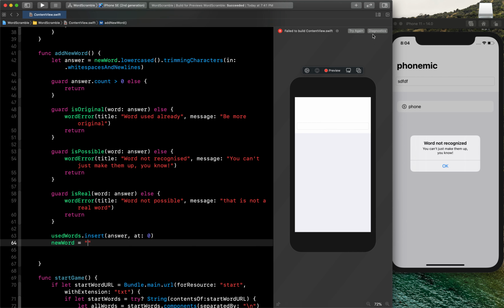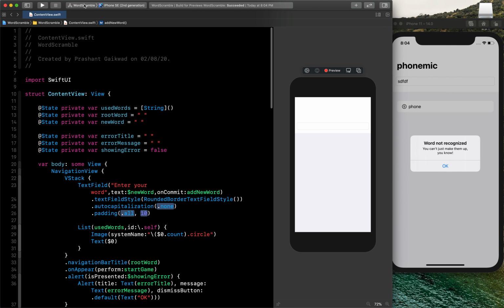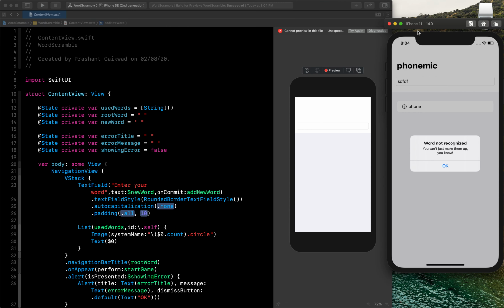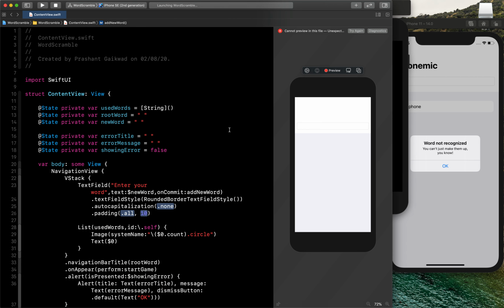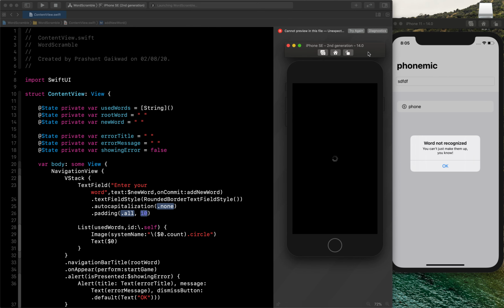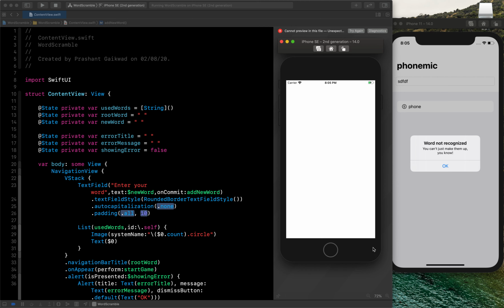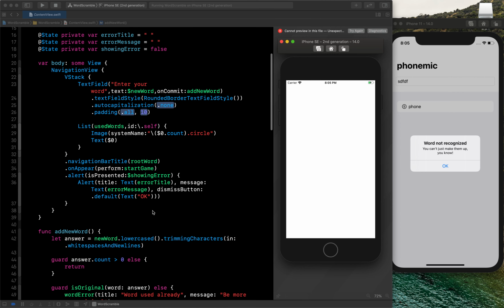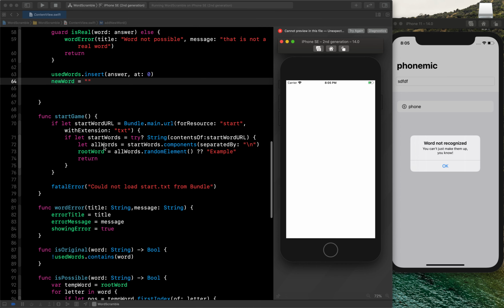Now we can just run the project to see if it is working fine or not. So let me just run it on the actual simulator. So this is running on the iPhone 11. Let's run it on iPhone SE to compare it. So it's running here at the back, and let's check now. So first it will fetch one word from our text file and it will display it.